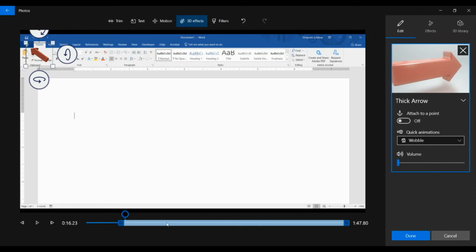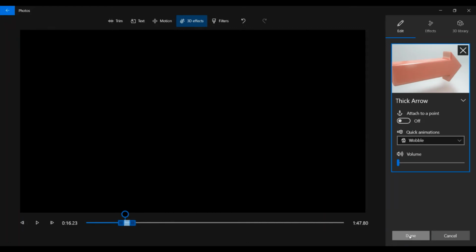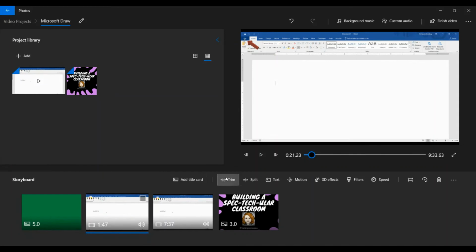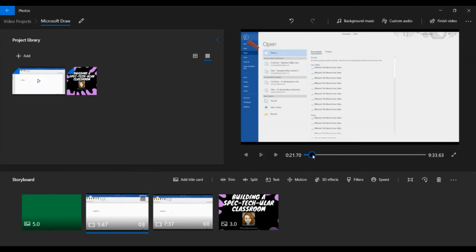And then again, this bottom bar is going to be the duration that the arrow shows up. I don't need that arrow to sit there the whole time. I just want it to be for that step. So I'm going to shorten the effect time by dragging this bar over, and then I can hit done. So now within that clip, in just the seconds that I identified,